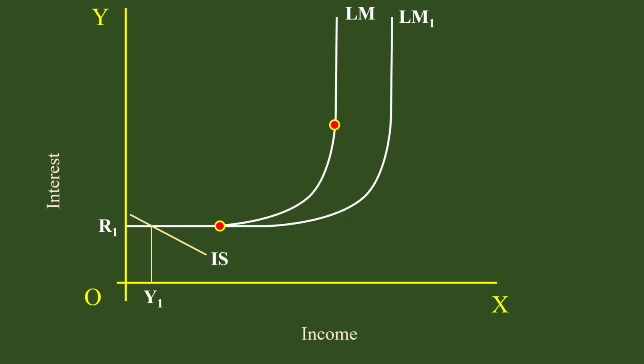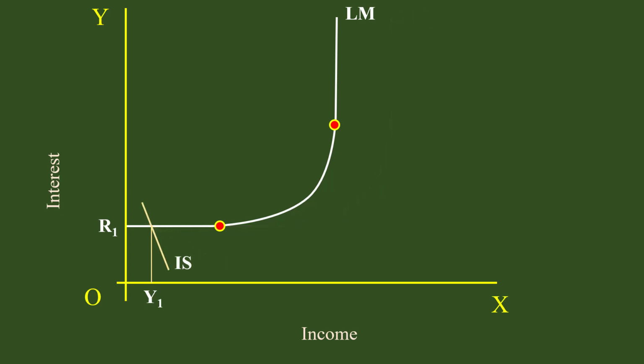We shall examine the effectiveness of fiscal policy. The government uses the fiscal policy. It increases its expenditure. The IS curve shifts to the right. It is IS1. There is no change in the interest rate. The equilibrium income has increased from Y1 to Y2. Fiscal policy is totally effective. Whether IS1 is relatively elastic or inelastic, the increase in income will be from Y1 to Y2.